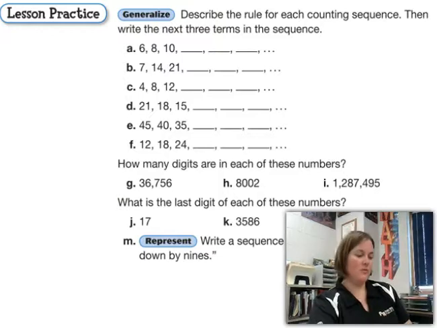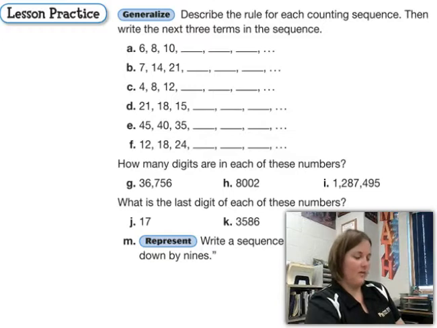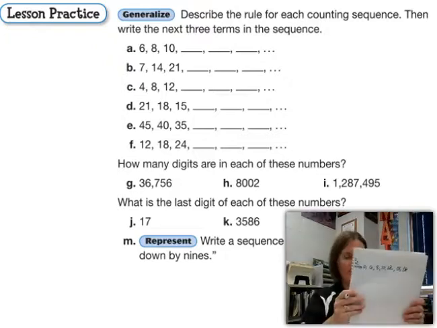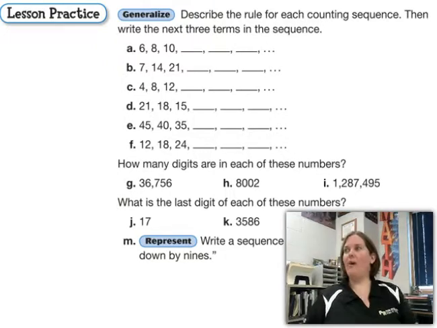So the next 3 terms you would determine, you would do 10 plus 2, which is 12. And then 12 plus 2, which is 14. And 14 plus 2, which is 16. Okay, on those